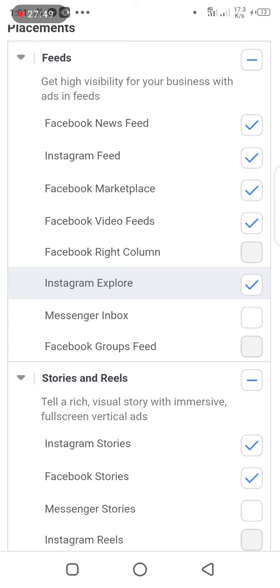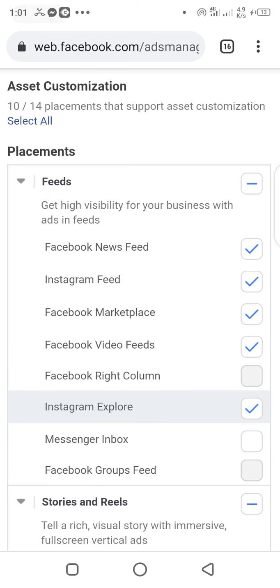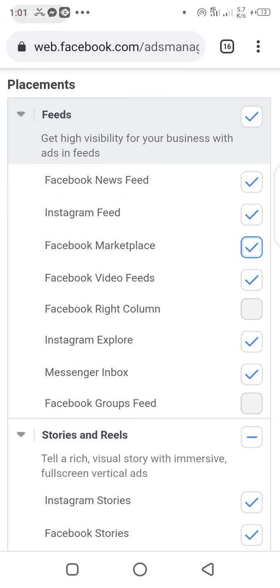So you unmark the marketplace. You don't need to join people on marketplace. You are a serious marketer who spends money. So you unmark it. Oh, I've marked it back. You unmark it. Facebook news,